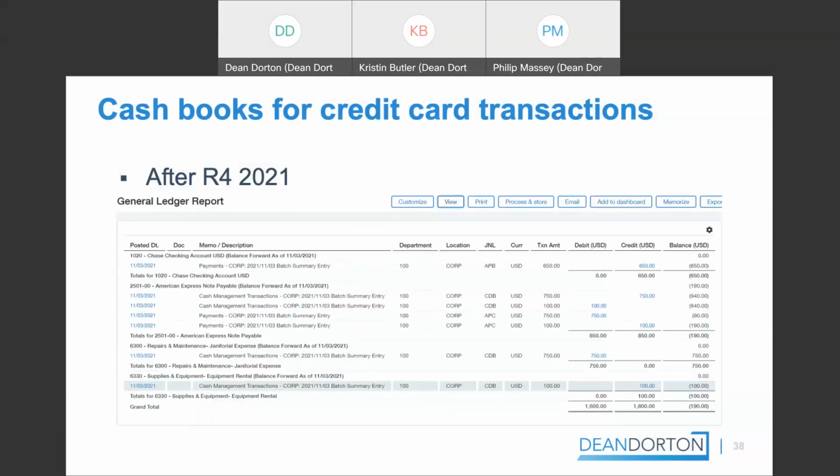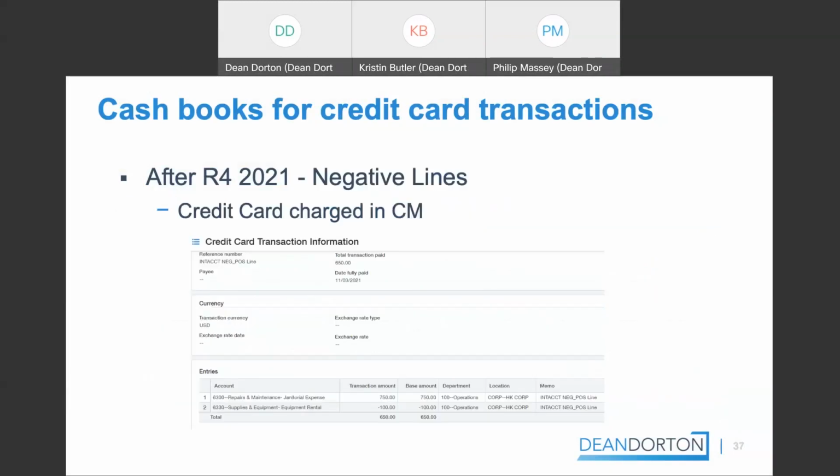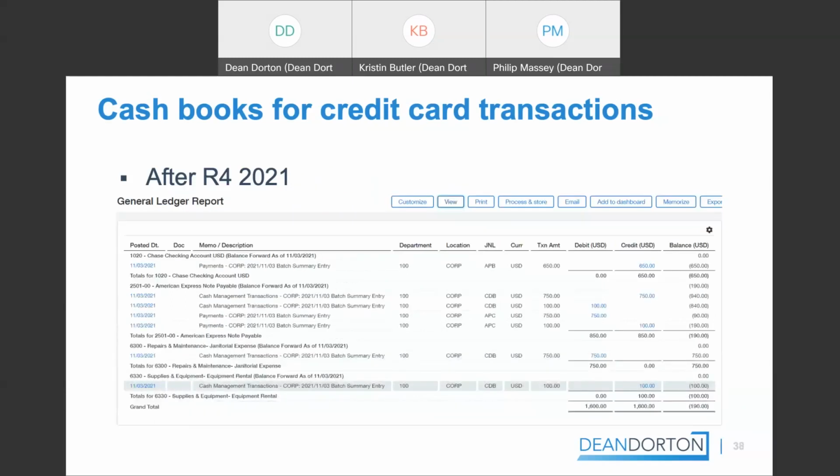Here's after release 4 2021. Here are the charges inside of the system with those records posted for the cash books, right? So again, if we go back, here's the 750 and the 100. If we go forward here, you see the 750, the 100, the 650 payment to Chase, and you see all these transactions, and then here's your supplies and equipment for equipment rental with the $100 credit that was given,